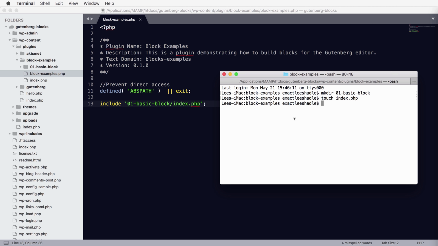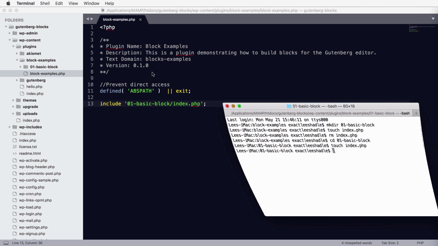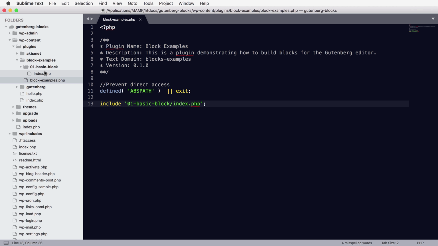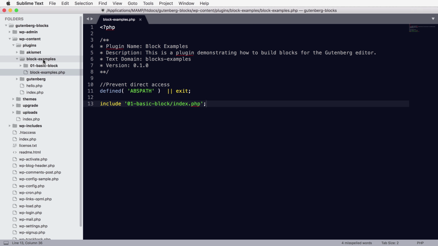And oops, I keep making this mistake. Remove index.php, and let's go into that newly created directory, 01 basic block, and then let's create that index.php file now. Okay, so I'm going to close this out, and you should have a file structure like this: block examples,